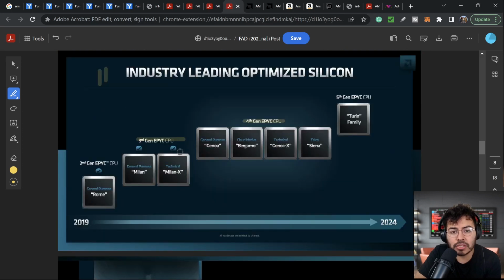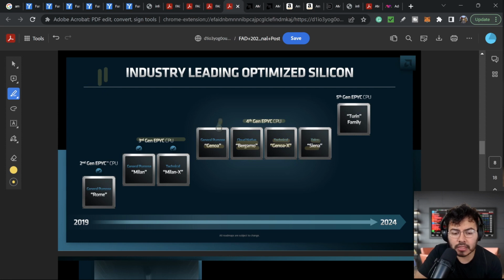Here we can see that they have numerous solutions. Like I mentioned, right now we are in the fourth generation EPYC CPU. So for the general purpose, they have Genoa. But just like anything in the world, there are always niche markets, right? And what AMD is doing is creating special flavors of CPUs to hit different niches. If you are a cloud native company with cloud native workloads, something like maybe a Meta Platforms, you're going to use Bergamo instead. If you want something more technical, maybe simulations and such, you're most likely going to use Genoa X. If you need more telecommunication capability, you're most likely using Sienna.